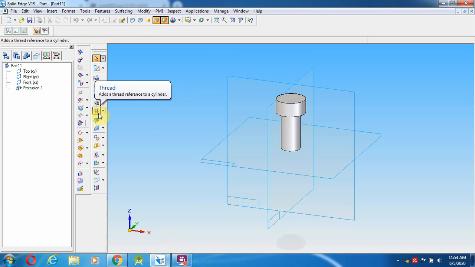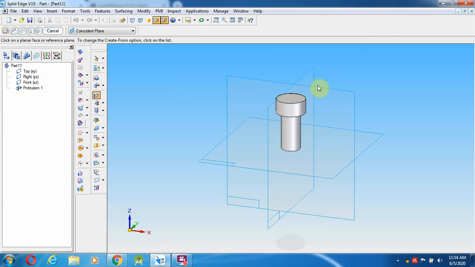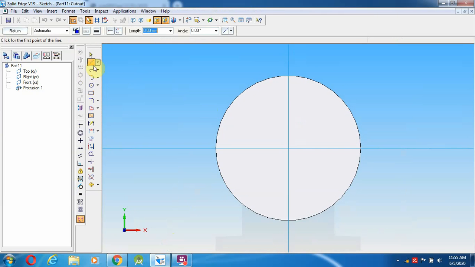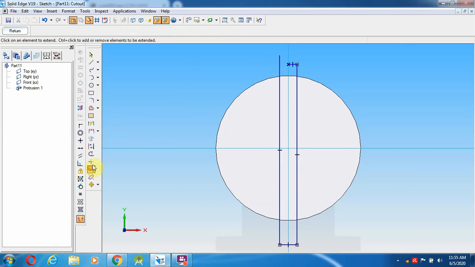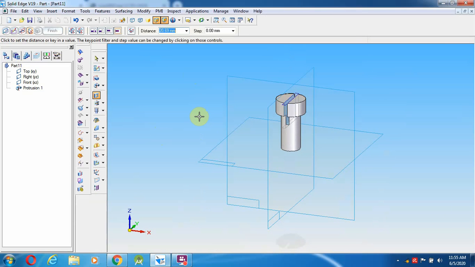Go here and select the option called cutout, from the middle to 1.5 mm, 1.5, and enter. So throughout the length, again 3 mm here. Now we make it from top to here, then select extend to next, use the trim option and trim it, then give return. The depth I am going to give as 4 mm. So 4 mm, left and right click.